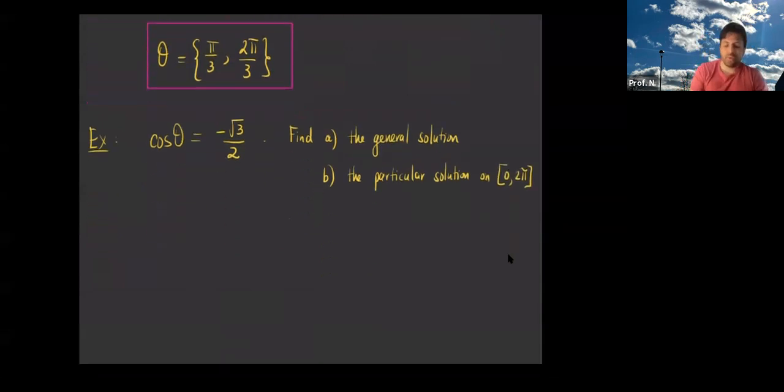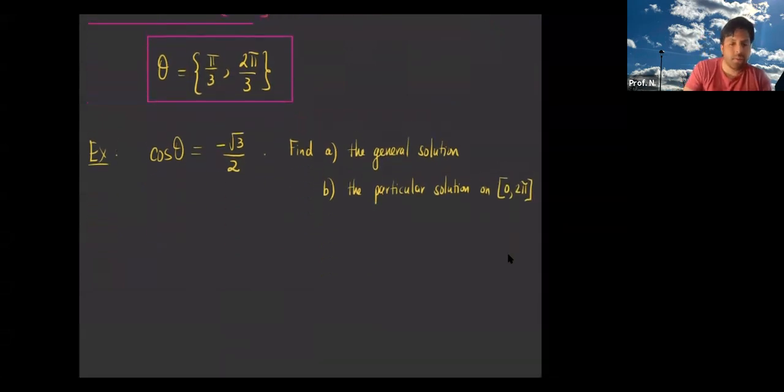So you would use your understanding of cosine, right? You know that cosine is negative. Where is it negative? In quadrants 2, so theta is in quadrant 2 or